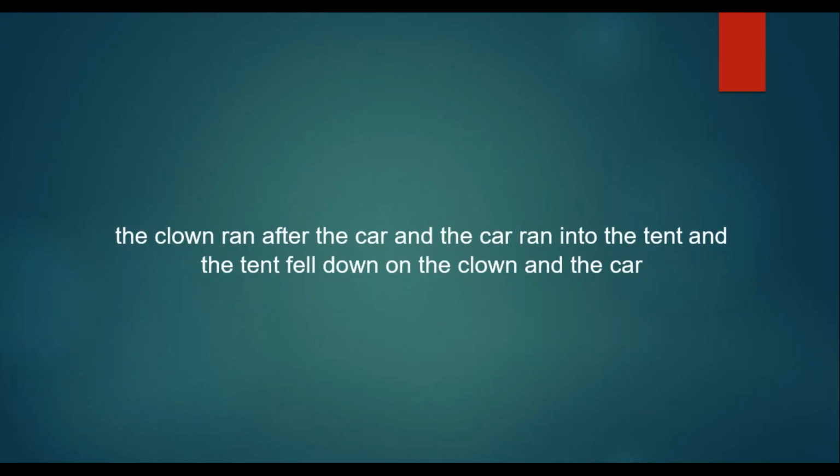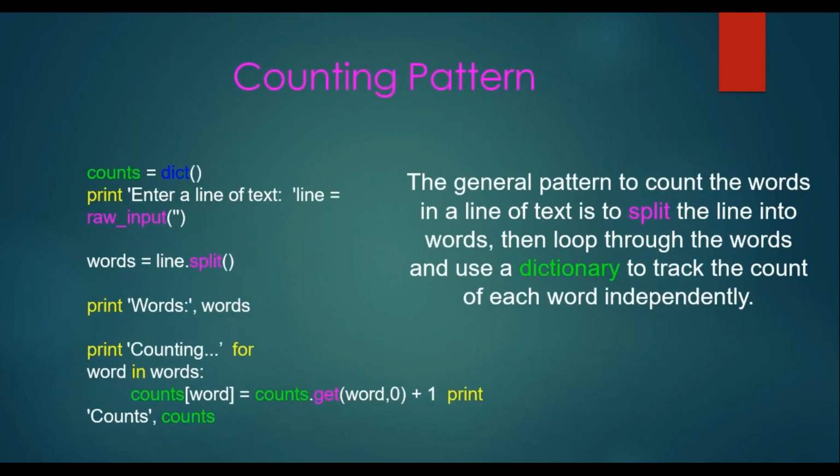See, for each and every word we split the text. Then I want to conclude how many times the is available, how many times clown is available in the given text. So counts is equal to dict, empty. Print, enter a line of text. Line is equal to input. Words is equal to line dot split. Once you use split, whenever a white space character is available, the text will be split into words. Print counting for